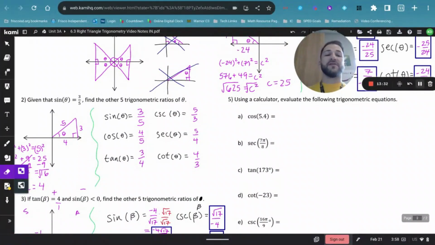But we're going to actually solve them using the calculator. We're going to look at B first. We'll skip B. We'll go to C first. I know, a little bit weird, but we have the tan of 173 degrees. So if I gave you a calculator, could you solve this? And with the calculator,